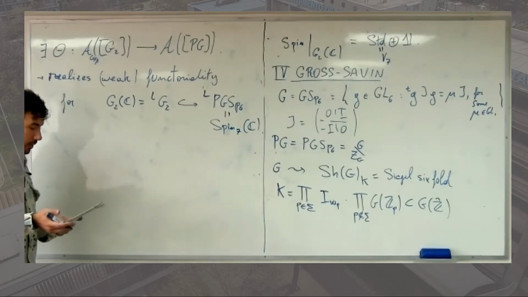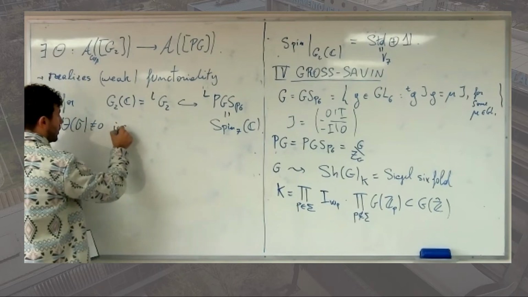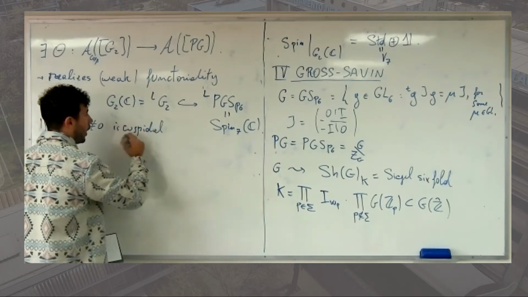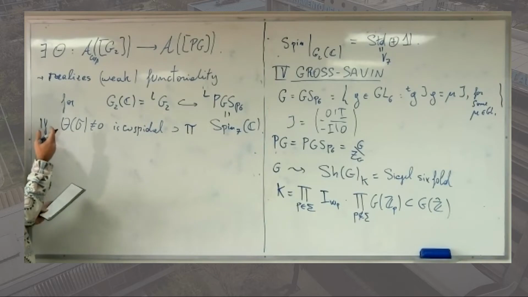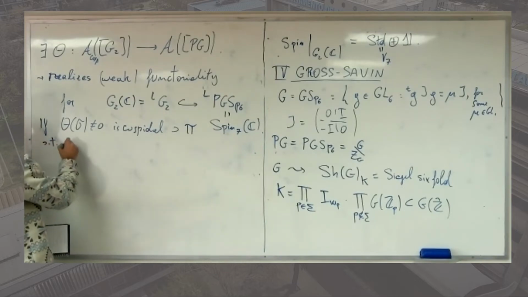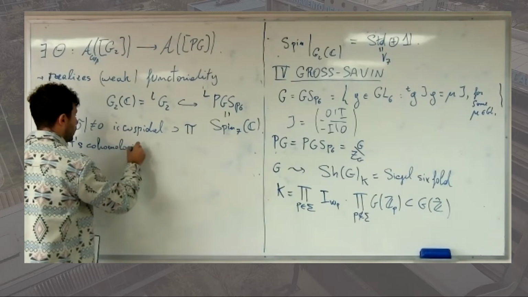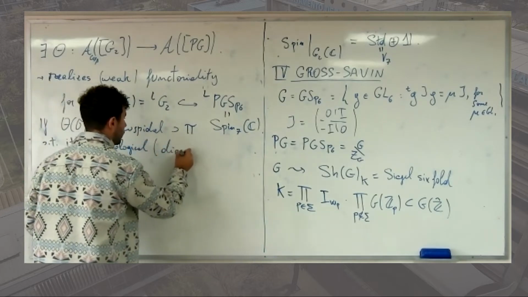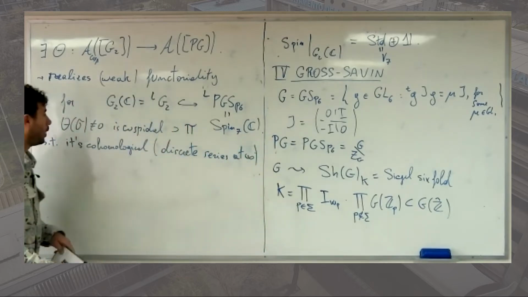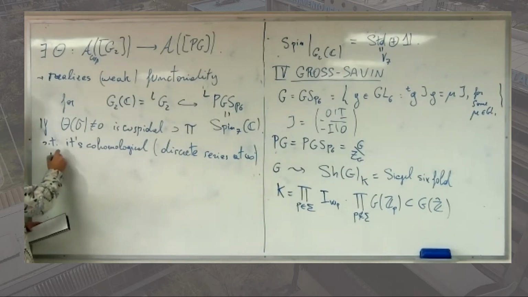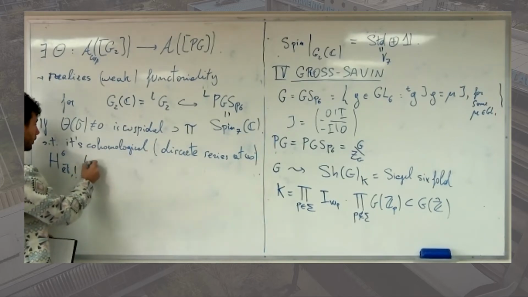And now the insight is the following, that if the theta lift of sigma is non-zero, is cuspidal, and one takes pi, an irreducible component of this theta lift, such that it's cohomological, and actually, like, we want it to be a discrete series at infinity. Then one can consider the H6 et al. Probably parabolic cohomology of the Siegel sixfold